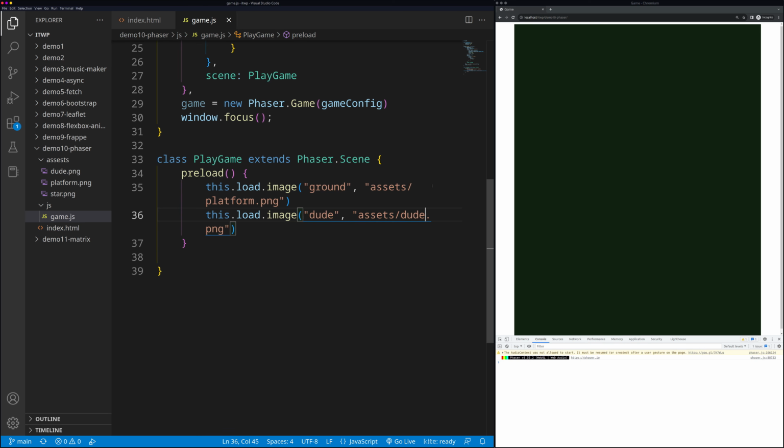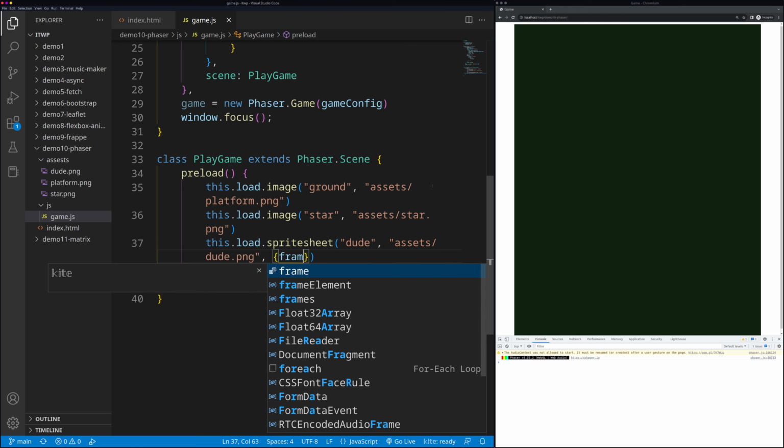Like that. And then there is this, no, this is not the dude, this is the star we have here. The dude, it's not an image, it's a sprite sheet, so we are loading a sprite sheet. It's called dude. It's the dude image, and then we are giving additional parameters,